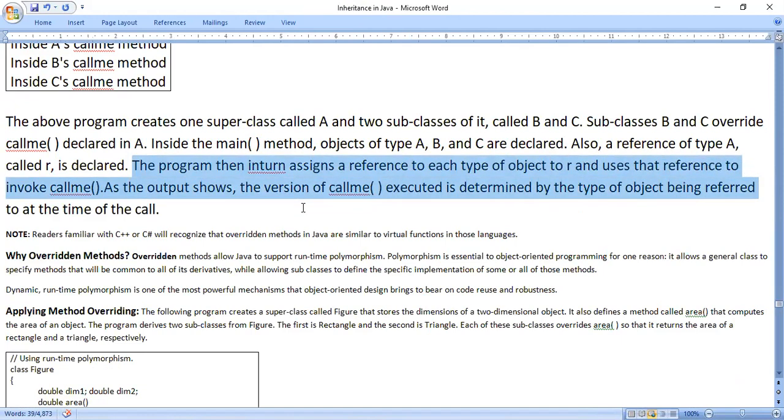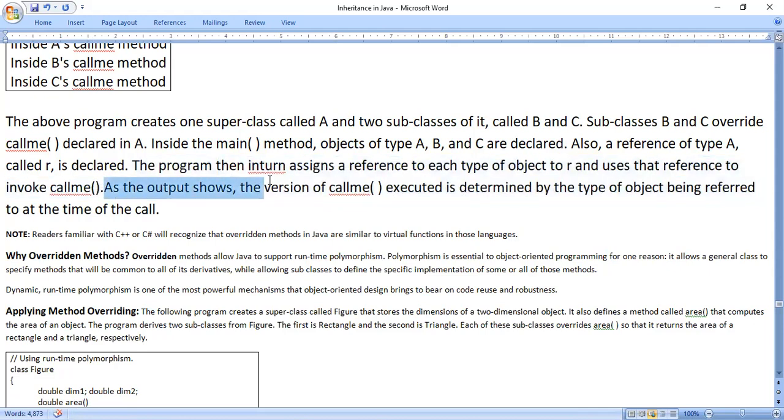So whenever you call call me, which class it is called from depends on the object reference. If you say R is equal to B, it will call from class B. If you say R is equal to C, it will call from class C. If you say R is equal to A, it will call from class A. So as the output shows, the version of call me executed is determined by the type of the object being referred to at the time of call. This is the explanation of the program.